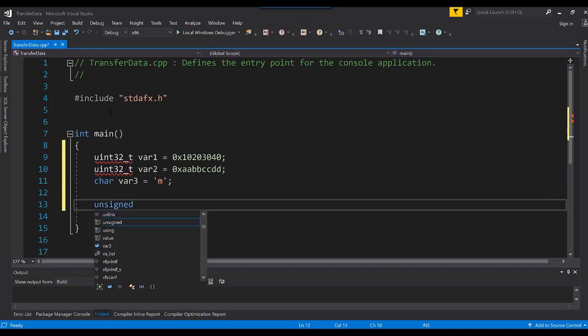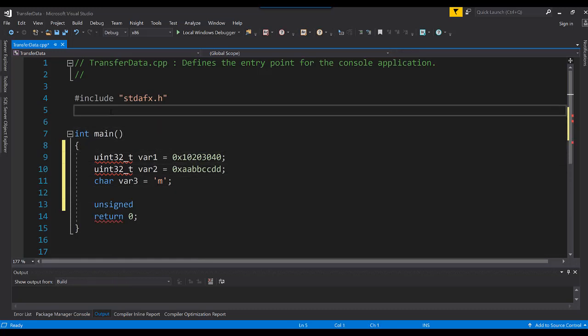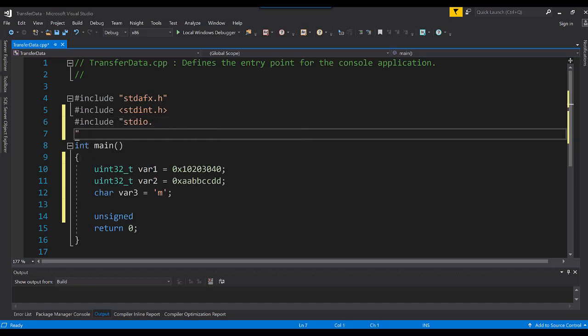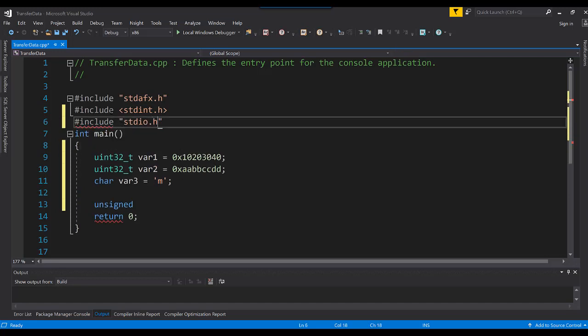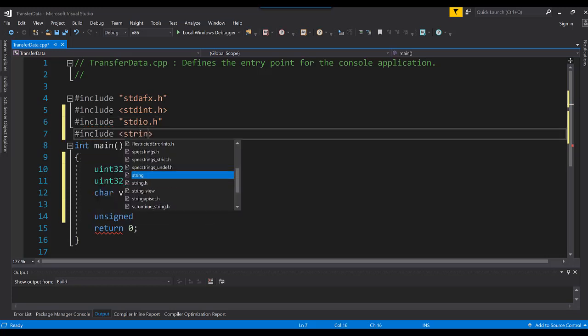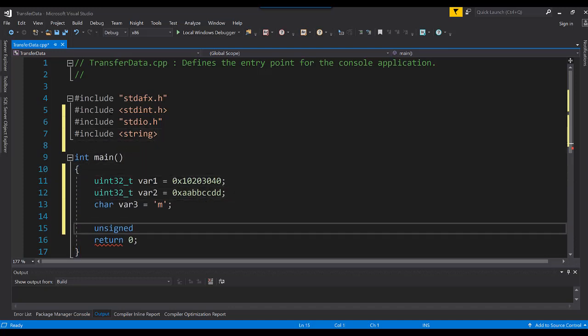The type uint32 is not defined, so include stdint.h, and then include stdio.h and string.h here. Then an unsigned char pointer,